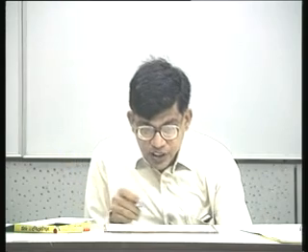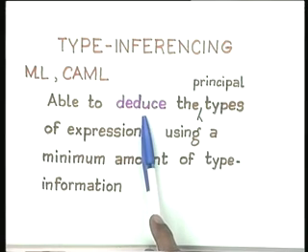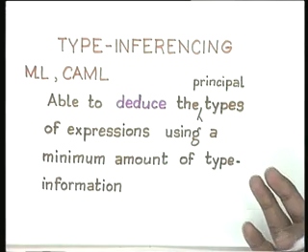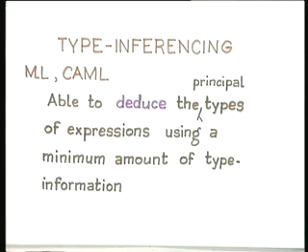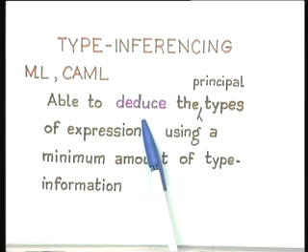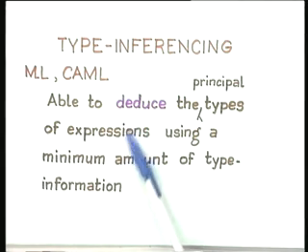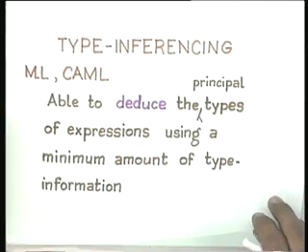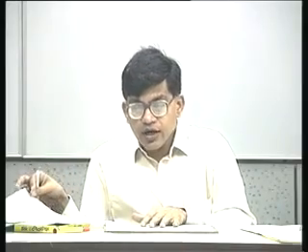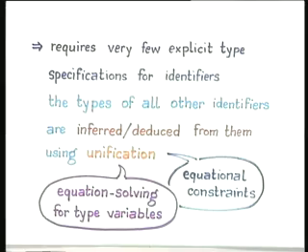So, it actually does a form of deduction, and this deduction is a form of equation solving using unification. We will look at a small example of that, but essentially it does deduction. So, it does type inferencing from very little type information. It means that you require very few explicit type specifications for identifiers, and the types of all other identifiers and expressions are inferred,